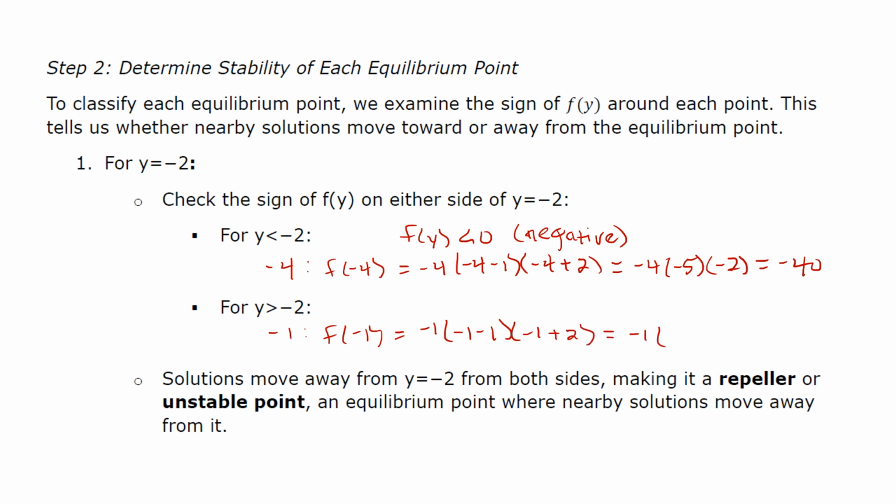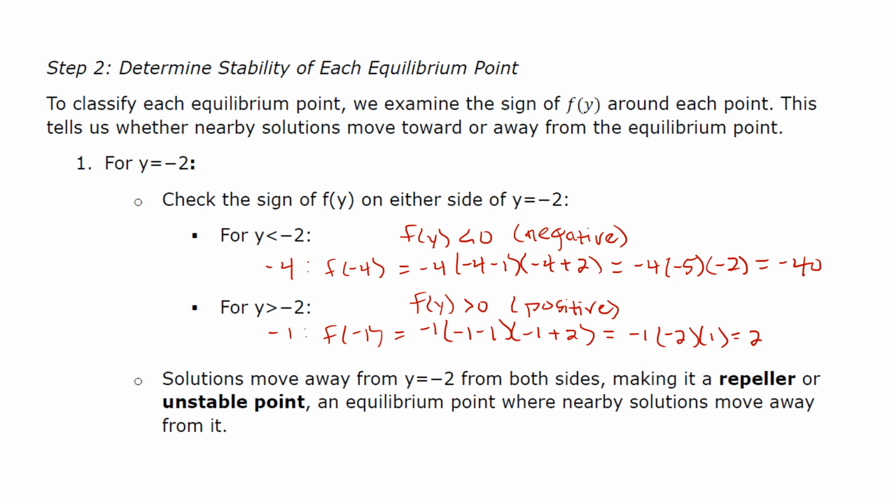So -1 times -2 times 1 now equals 2. Okay, so now our f of y is positive. So our f of y is greater than 0, so it is positive. Okay, so that means solutions move away from y equals -2 from both sides, making it a